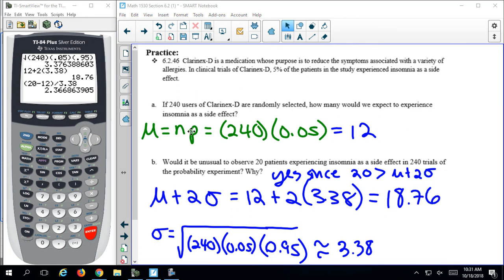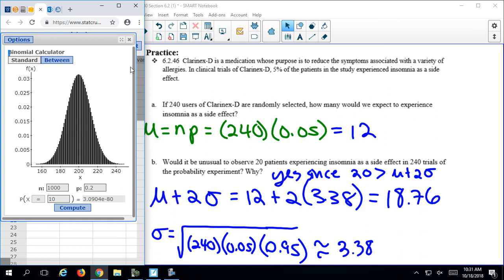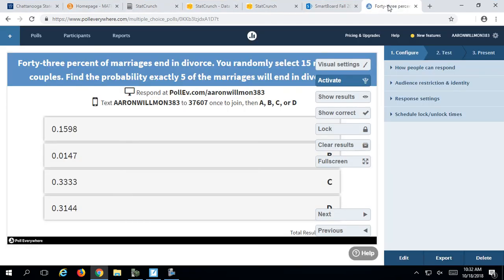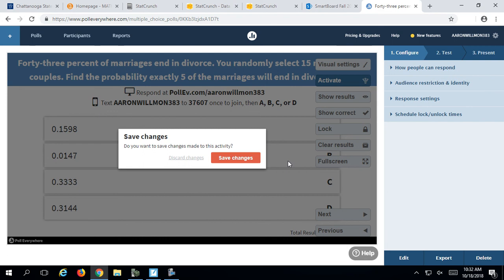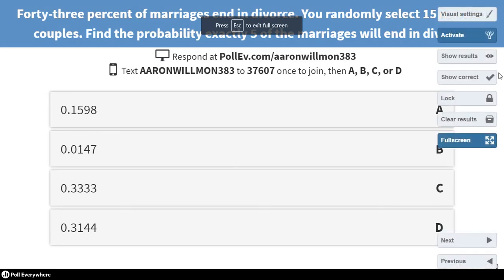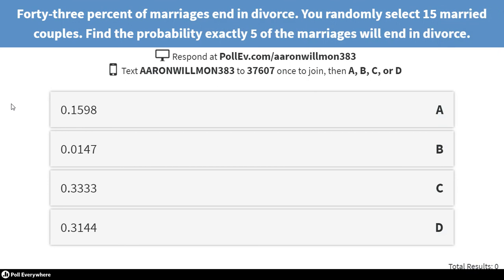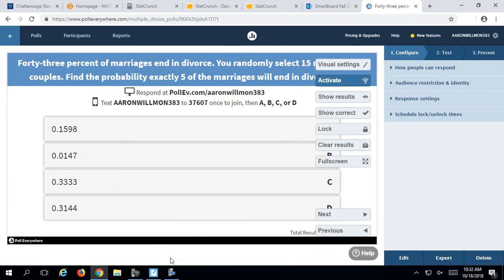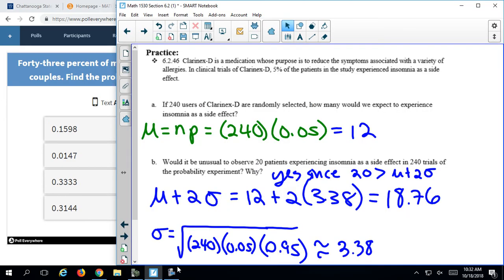So that's pretty easy to find the mean. I want you to answer this question, and use StatCrunch if you want, or you can use the formula. I'm going to go ahead and export my